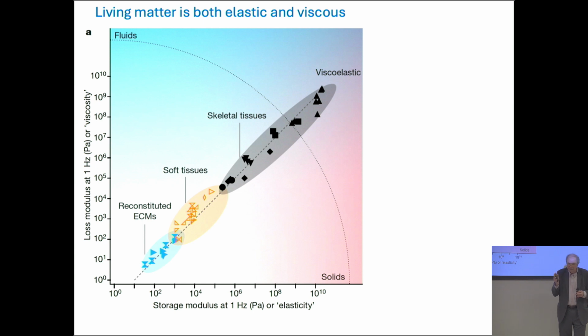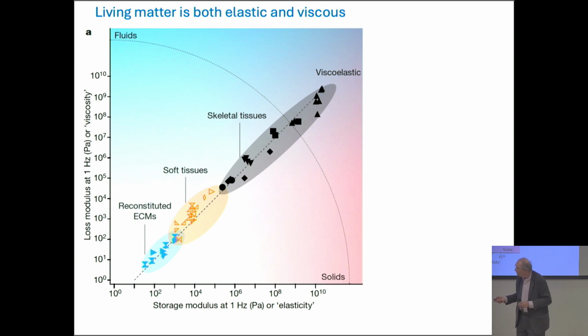Because again, your tissue is 70% water, and as you deform the materials in the tissue, there is a lot of viscous activity. Not terribly much, but quite a lot. And so people have made surveys of hundreds of different tissues, from skeletal muscles to softer tissues to artificial, bioengineered materials, and they have measured what I've been showing you, this so-called storage modulus, the elastic part of the stiffness. And here on the y-axis is the viscous part, the part that's dissipative.